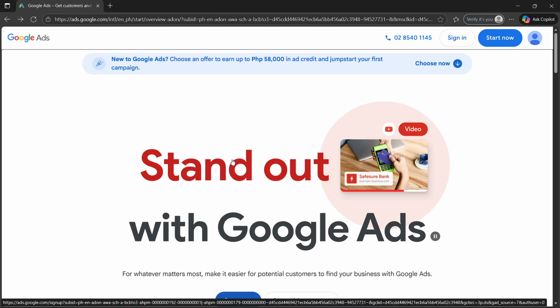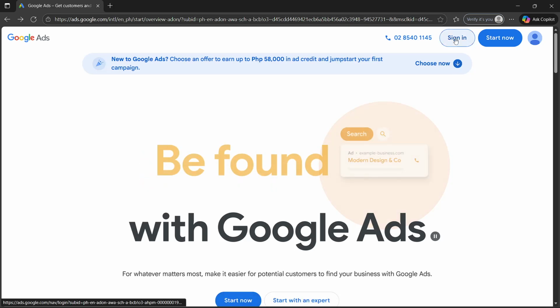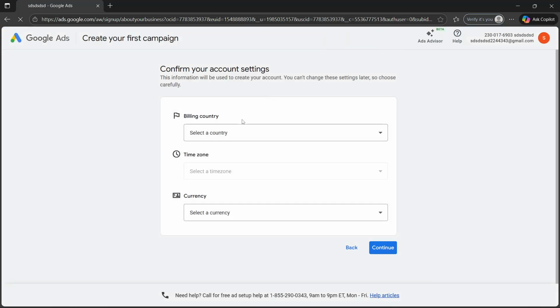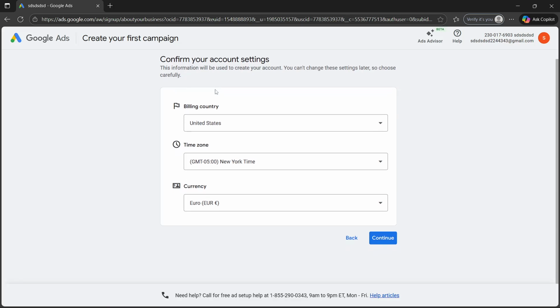So first, you have to log into your Google Ads account. So just click sign in, and once you're in here, you will have to, of course, click your campaigns and make sure that you have created your first campaign already before proceeding to the next steps. And once you have your campaigns, you will click campaigns and then click ads and extensions and then click new